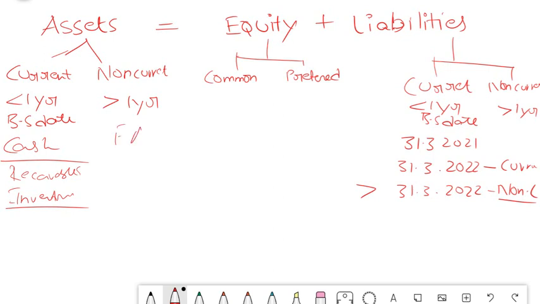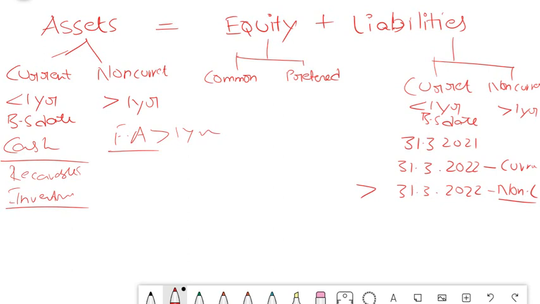Fixed assets are something which occur in your balance sheet and the benefit of it comes to you for more than 1 year. That means in general fixed assets are bought so that it gives you a benefit for multiple years, 10 years, 20 years. Your buildings and all, they are not current assets, isn't it? You can't settle it or sell it within a period of 1 year and liquidate your business. They are brought in the business with the assumption that it will give you a benefit for a longer period of time. So these are called non-current assets. So this is the distinction between current and non-current assets.